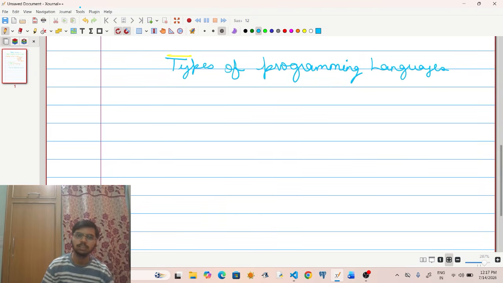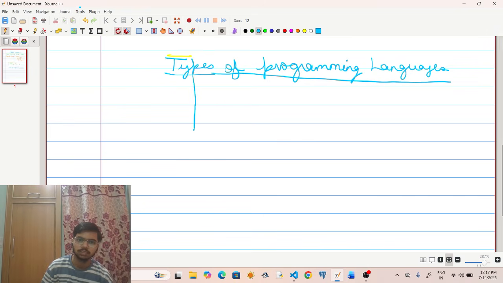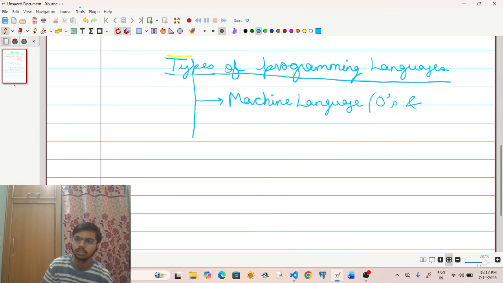Now let us understand the types of programming languages. Basically, there are mainly three types of programming languages. First is machine language, written in zeros and ones.